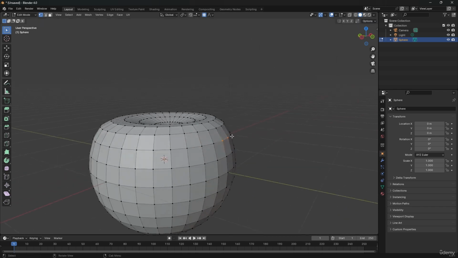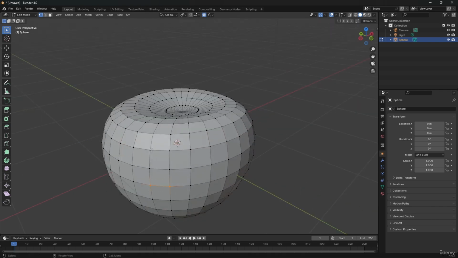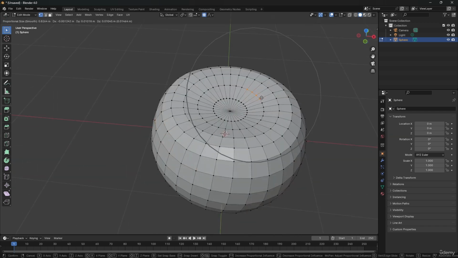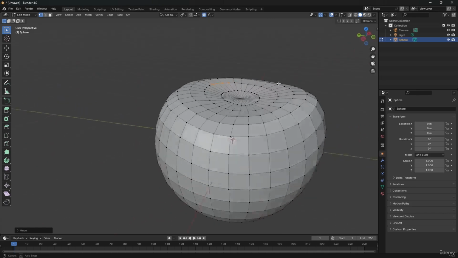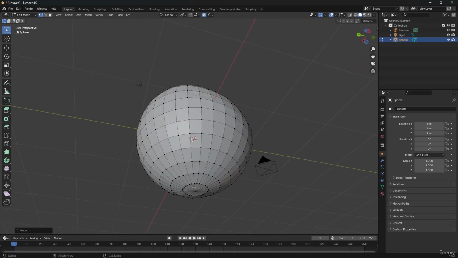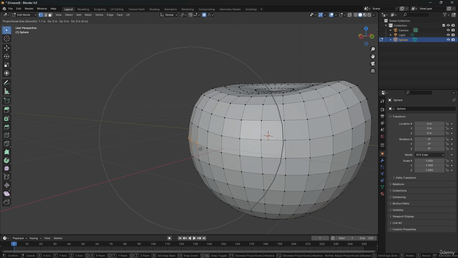and select some of these points here to give it a more random and organic shape. Let's go ahead and select some of these points here and change the fall off a little bit to give it a random shape like that. And you can see that immediately it looks more like an apple. And we can select this point down here and start moving it. And then you just play around with the shape until you're happy with the looks of